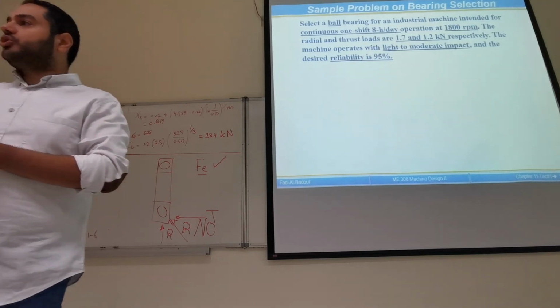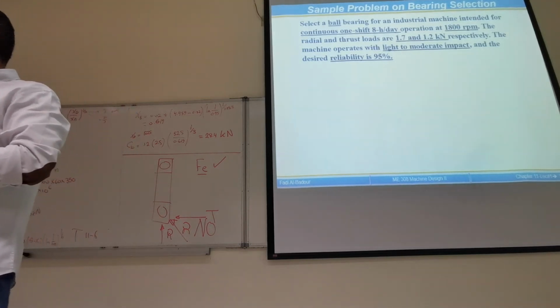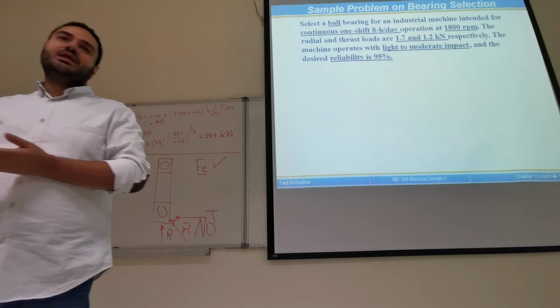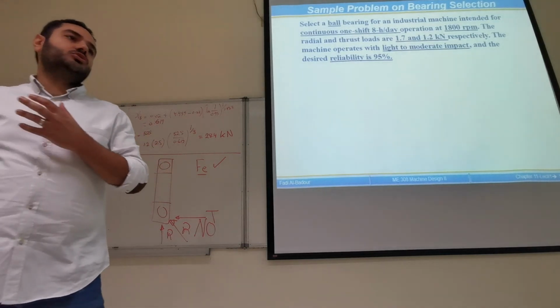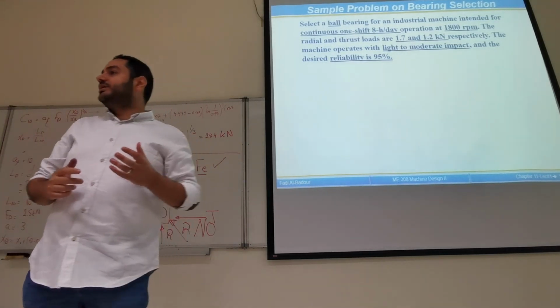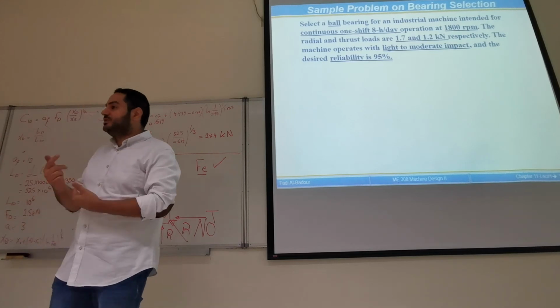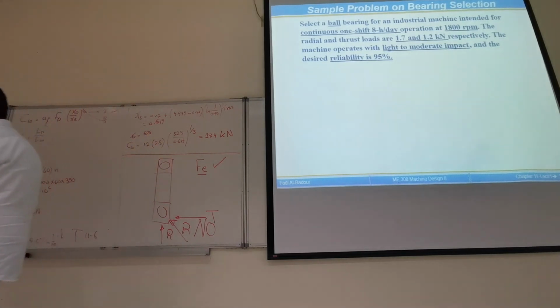Is it going to be in continuous working condition, or is it going to be utilized a few times a day? Is it working for one shift or two shifts a day, and so on? If he gives you information like, for example, that it's going to be used for one shift in a continuous fashion during the shift,